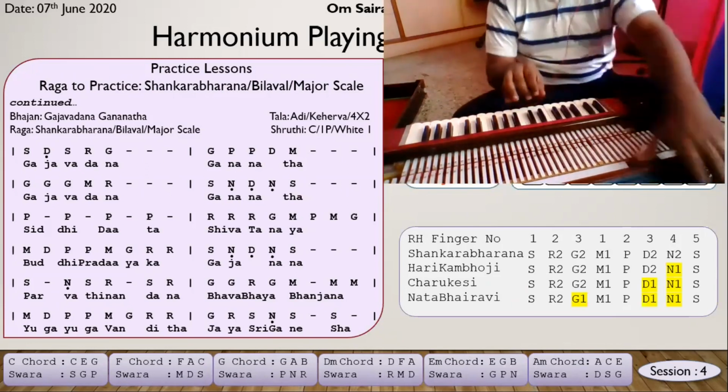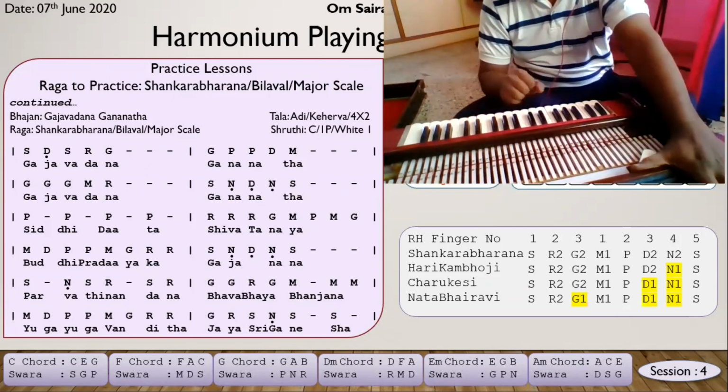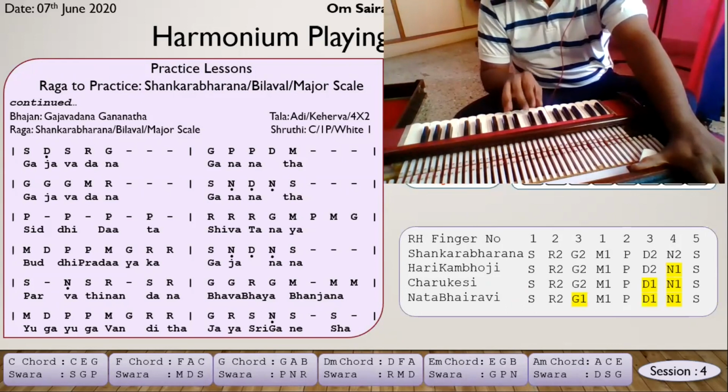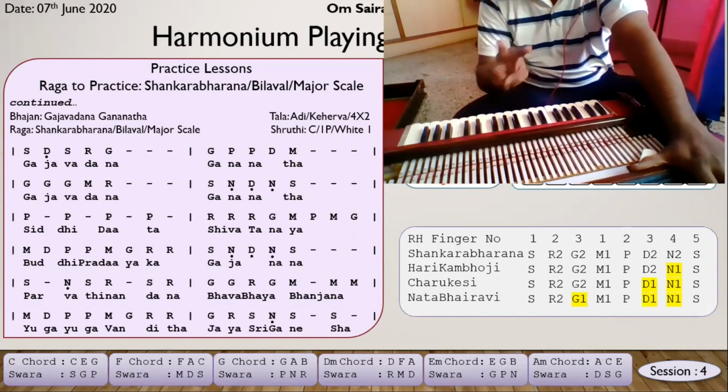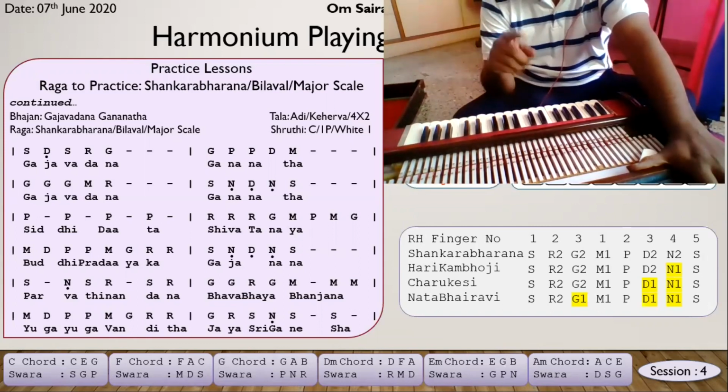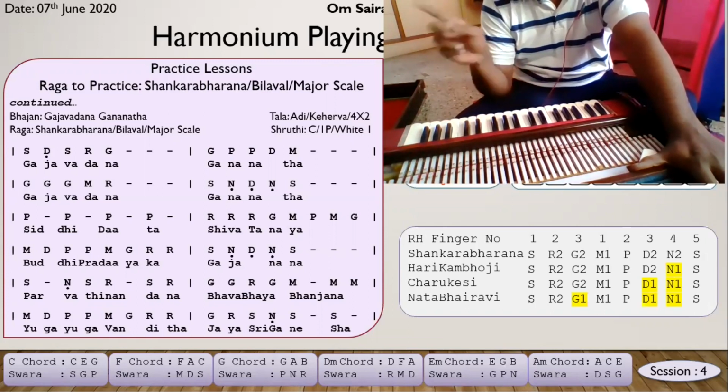Okay. These are the notes. Now, how to play with chords. We'll add two more things. There are 3 chords I taught you, the major chords. We'll only use major chords and not minor chords for this bhajan. We know 3 major chords: C, F, and G. That is Sa Ga Pa, Ma Da Sa, and Pa Ni Ri. Pa Ni Ri is the G chord. Ma Da Sa is the F chord, and the C chord is Sa Ga Pa.